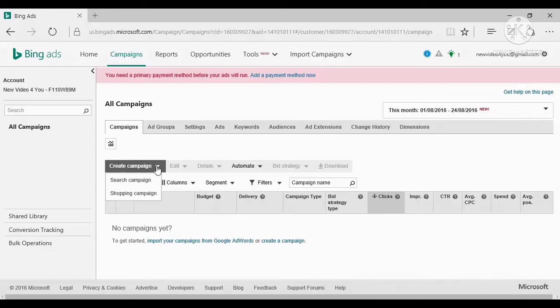Now you'll be asked to give your campaign a name. Automatically it gives it the campaign and then number. I'm going to leave it at the default setting for this particular demonstration. Then you set your time zone, and having the time zone is very important in Bing Ads. Then you set your campaign budget and your bid strategy. Then the language. Then the locations that you want to target or exclude, and you can have all available countries or regions. Because I'm in the UK, it's saying Ireland, United Kingdom, or selected states, provinces, countries, regions, and postal codes. And then the advanced location options.